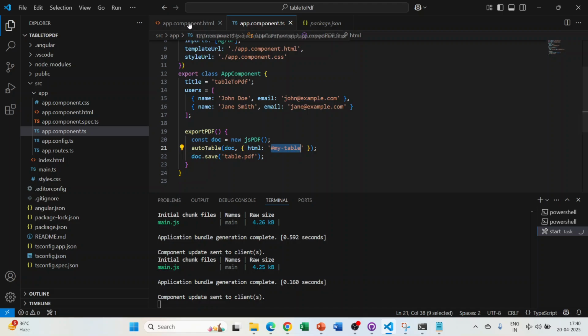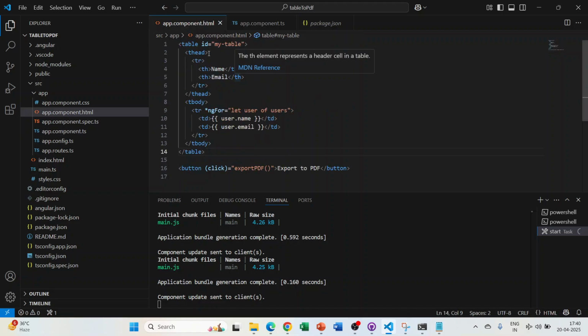Now we'll look into the HTML, and here you will see this ID is my table, your table data, and this is the head and body, table head and table body. So this is our name and email, and this is rendering each data from users, its name and email.